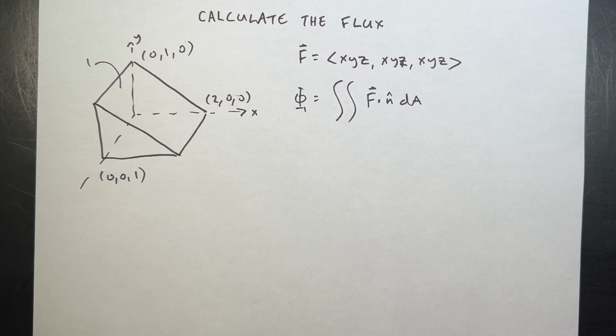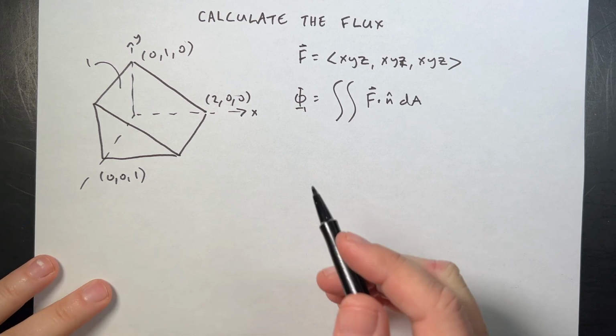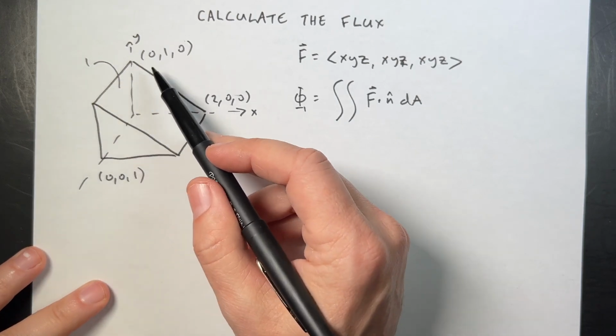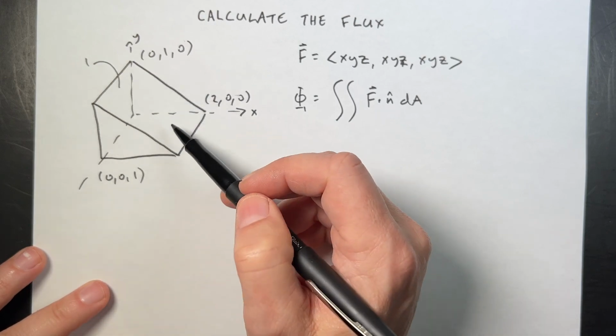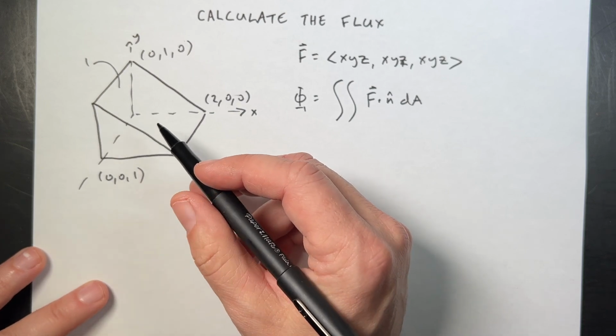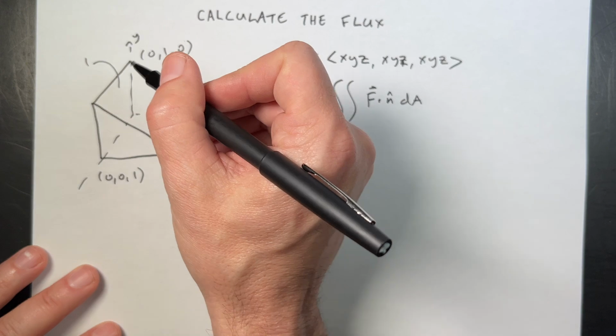Well, there's a couple ways to calculate that. You could kind of just guess it if you wanted to, but I don't like to guess things. So instead, I'm going to use the cross product to find n hat. If I know two vectors in this surface, then I can find the cross product of those two vectors, and then I can use that cross product to find the unit vector n hat. So let's take this vector A